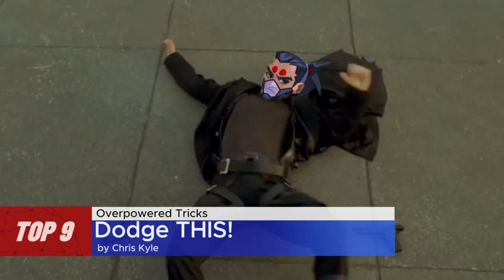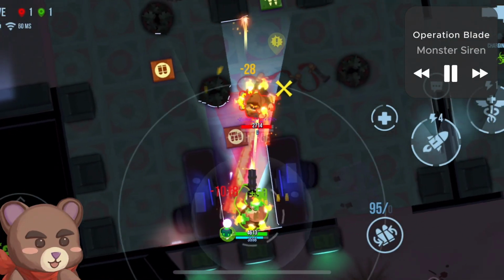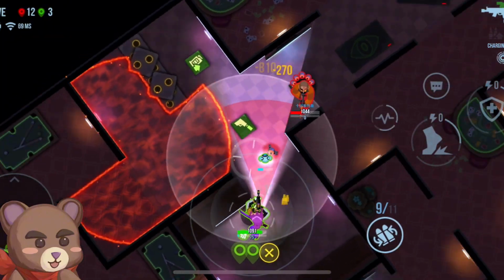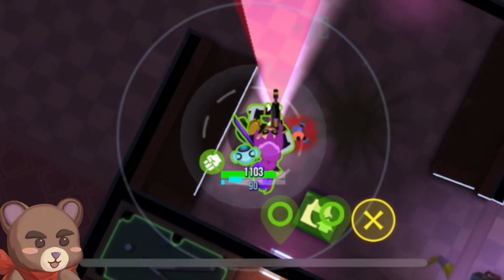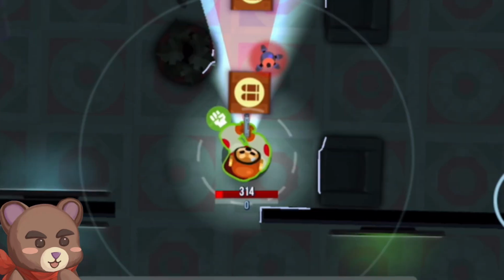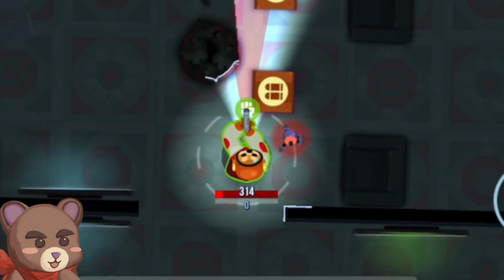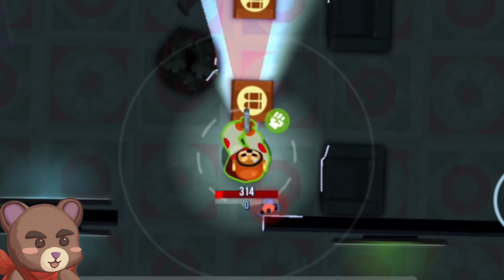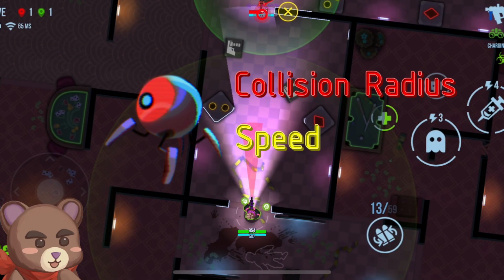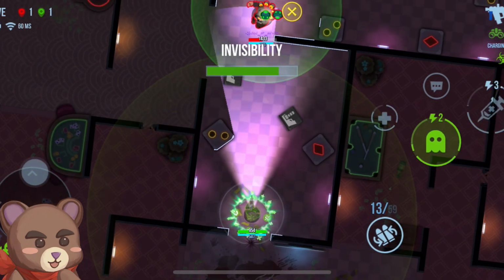Top 9. Dodge this. Have you dodged a Shinji Fire Hunter? Probably yes. But what if it is this close? I mean, this close. Through actual gameplay experience and some experiments, we now know that the collision radius of the Fire Hunter is very small. Once you're perfectly familiar with the Hunter's collision radius and speed, you can perform different kinds of extreme dodges like